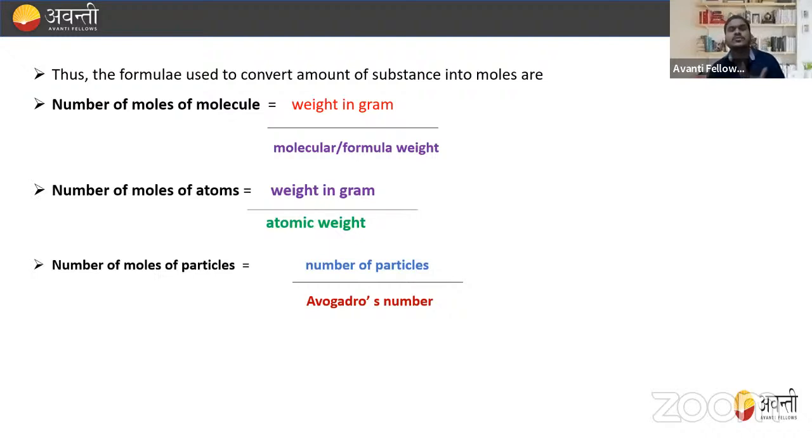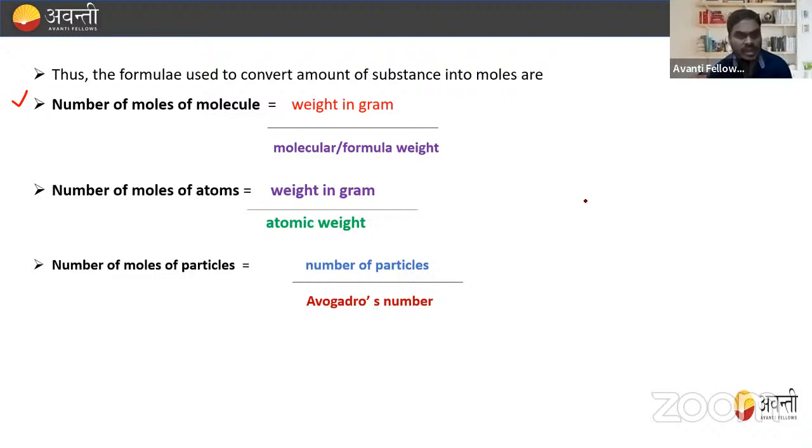The formula which is used to convert amount of substance into mole. How will you convert amount of substance into mole using a formula? The first and most important formula is the number of moles of a molecule. So what is the number of moles of the molecule? It is equal to weight in gram divided by molecular weight,